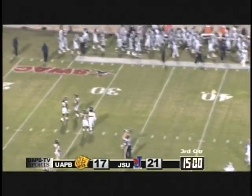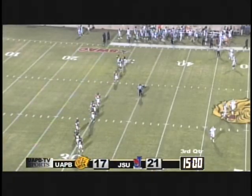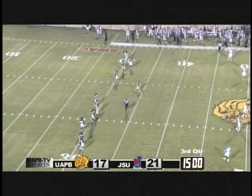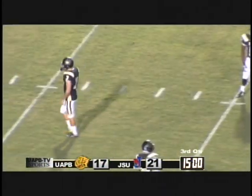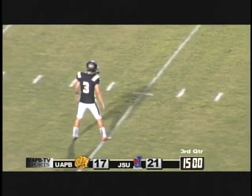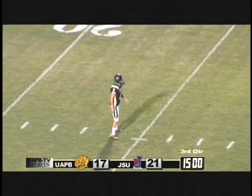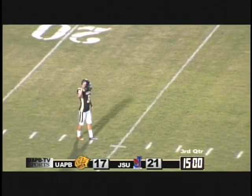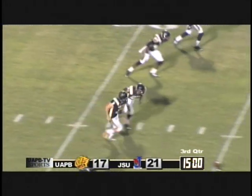First half here on the stat sheet. Brian Hanley, 10 carries, 56 yards. Looked pretty good, almost 6 yards a carry. Ben Anderson, 14 of 21 in the air for 128 and a touchdown. No picks. He was sacked 3 times, however. But take away a couple of plays on the block punt, block field goal, rather, that was returned for a touchdown for Jackson State. And then this field goal off the upright, Gold Lions could have the lead here as